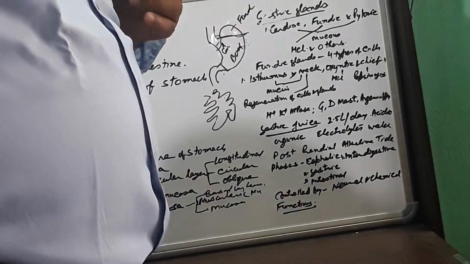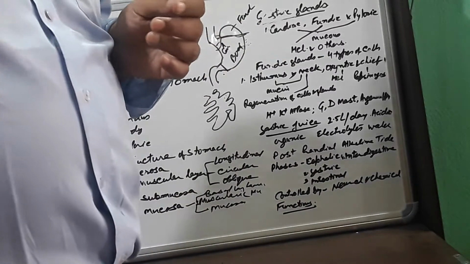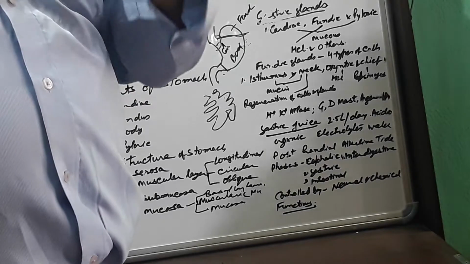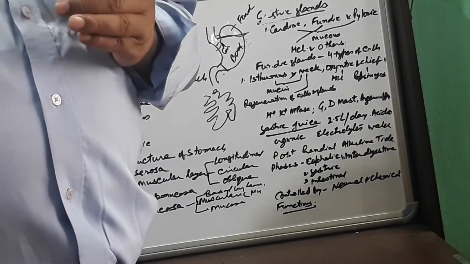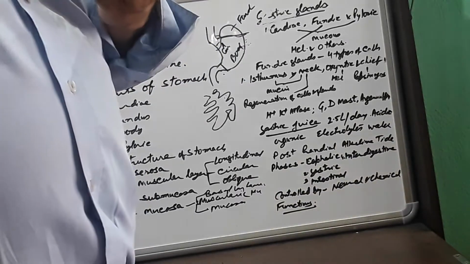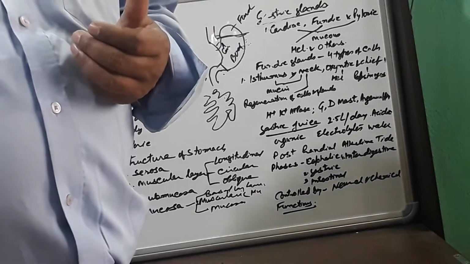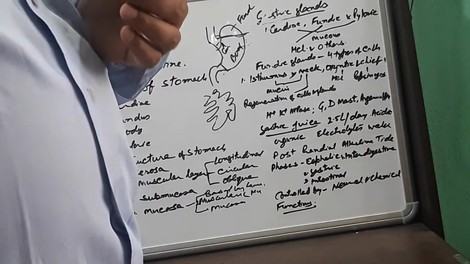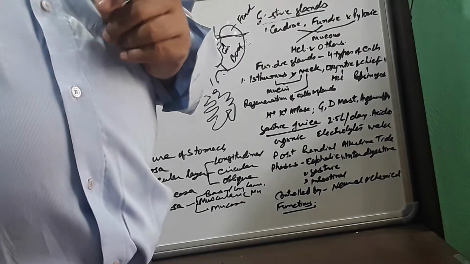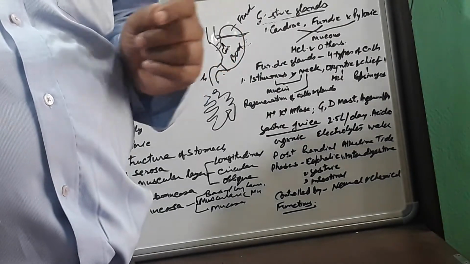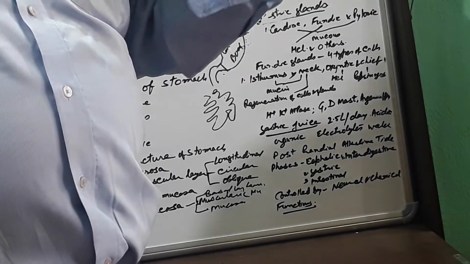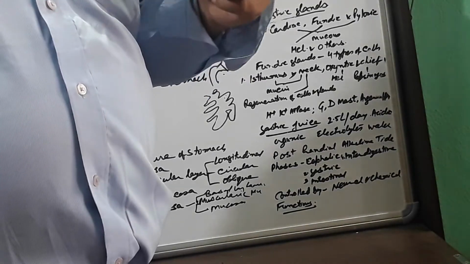Now, the neural phase. In the neural phase, acetylcholine is a potent stimulant of gastric secretion. Acetylcholine secreted from the parasympathetic nerve goes to the muscarinic M3 receptors on the oxyntic cells, which are very abundant in these cells. They stimulate the process of secretion.